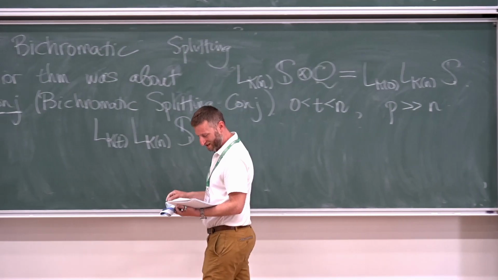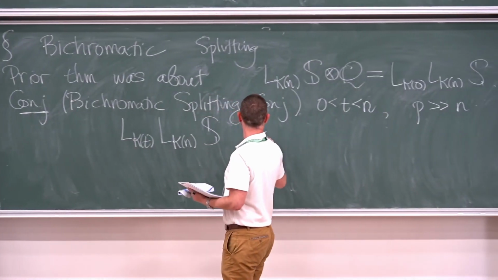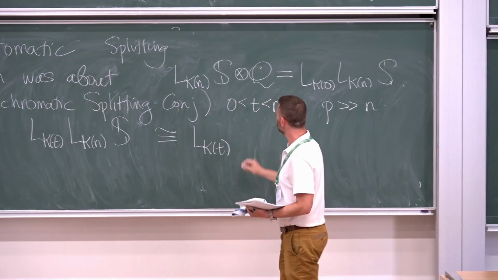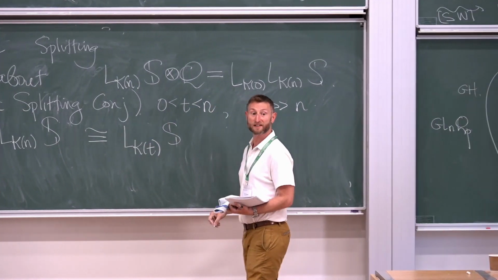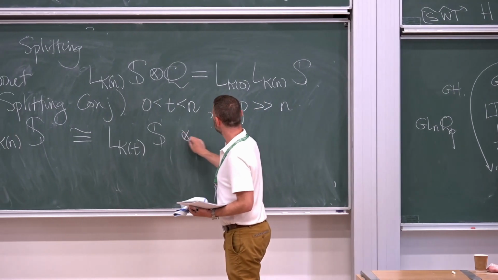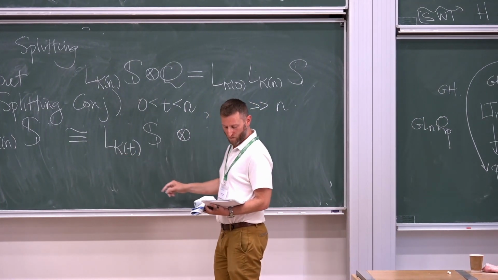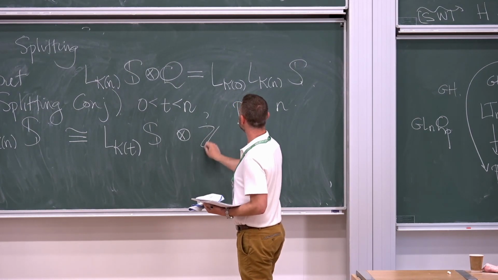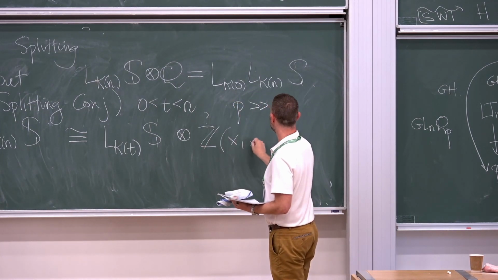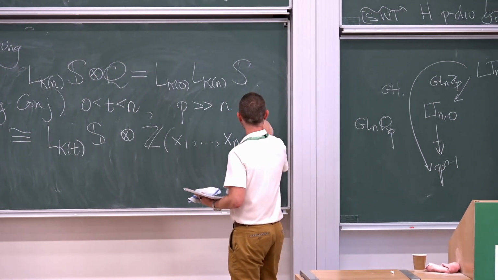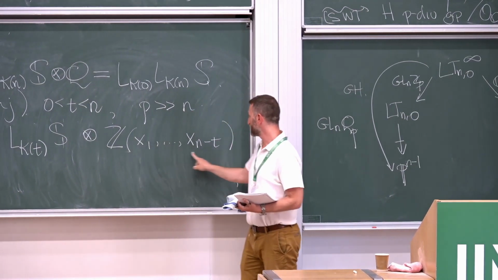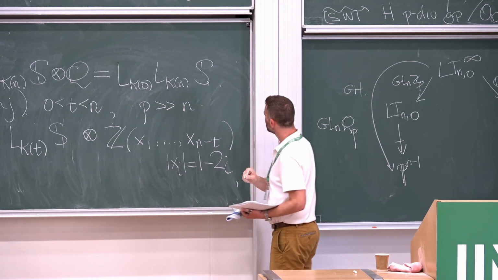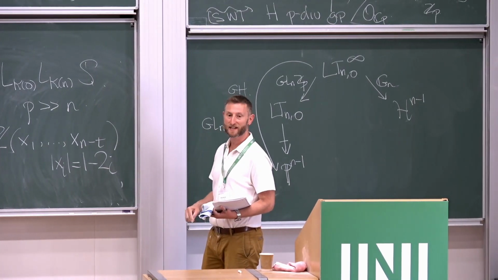So this should be isomorphic as a ring spectrum to some number of copies of the K(t)-localized sphere. So I want to write it as follows. I want to take this ring spectrum and tensor it with a graded ring that's just, I'll write it this way, Z and then x_1 through x_(n-t). So this means the exterior algebra in just these generators, where the x_i have to go back to the other convention where they're negatively indexed.